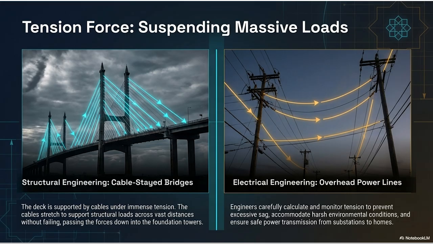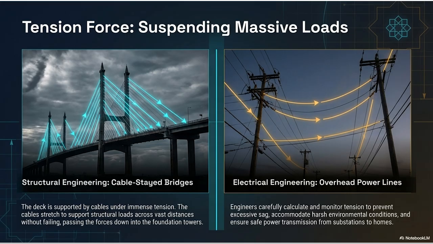It's brilliant. But tension isn't just for massive, glamorous bridges, is it? The research points out a much more common example: overhead power lines. Oh yeah, everywhere you look. You look up at twilight and see these wooden utility poles with thick black wires draped between them against the sky. Honestly, I've never looked at a power line and thought about physics. I just think, man, I hope the power doesn't go out in the storm. But those lines are constantly under dynamic tension, and managing it is actually one of the biggest headaches for electrical engineers.